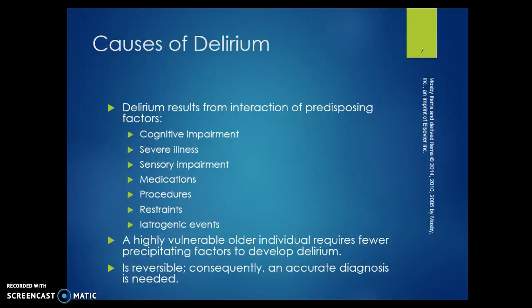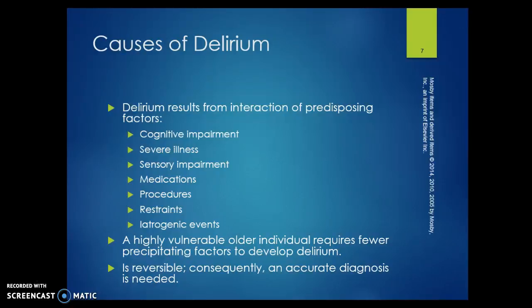Causes of delirium. So we have a lot of different things that can cause it. You'll see medications is in there. Restraints, procedures, severe illness, sensory impairment, cognitive impairment. So there's a lot of different things that can cause the delirium. A highly vulnerable older individual requires few precipitating factors to develop it. So what that's saying is that it can happen pretty easily and quickly for the older adult that is vulnerable